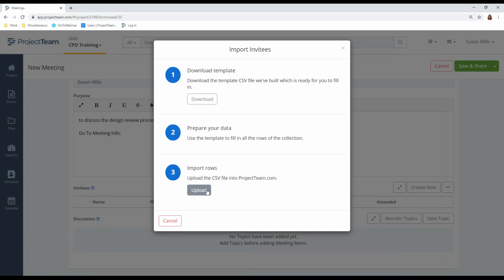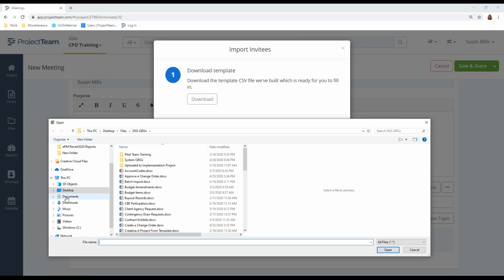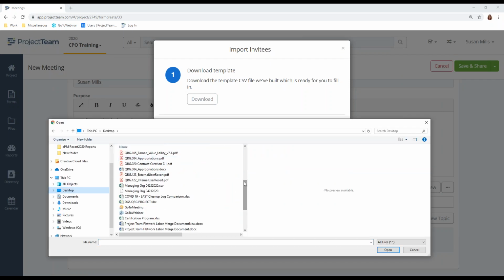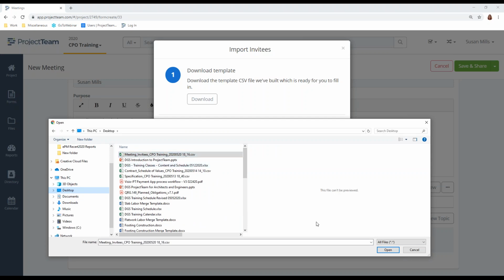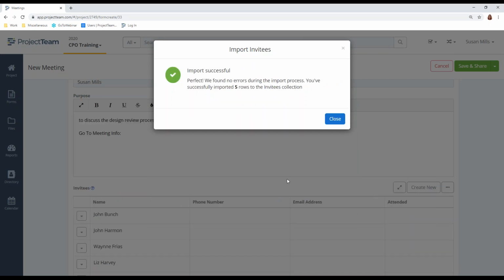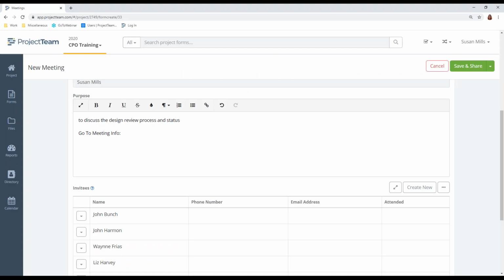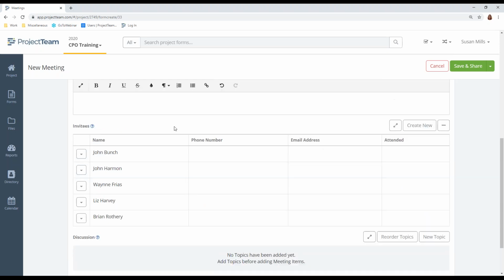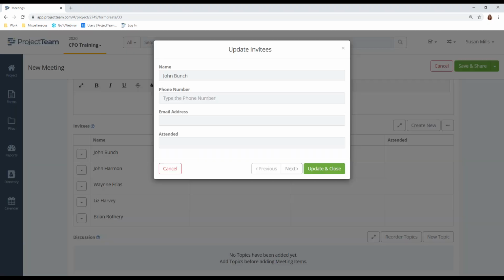So now what I'm going to do is I'm going to upload it. So I click Upload. Select my template and click Open. As long as I have everything in there correctly, it will upload perfectly, very quick. The only time I've run into an issue with this is if it's got a lookup list and I'm not entering the lookup information exactly as it should be. So what I typically do is I copy and paste that out and make a list somewhere, so I've got it. But in this case, I've got John Bunch. If I edit it,